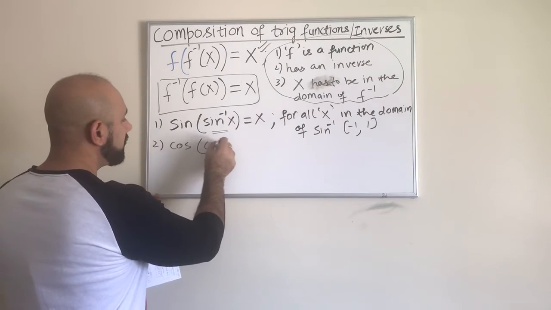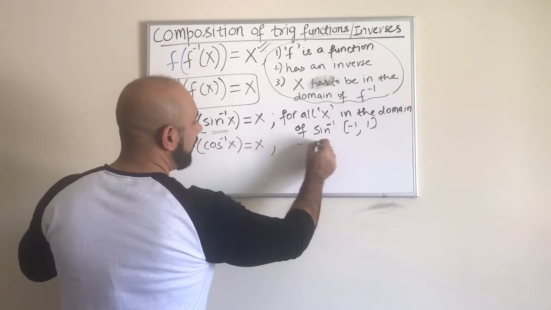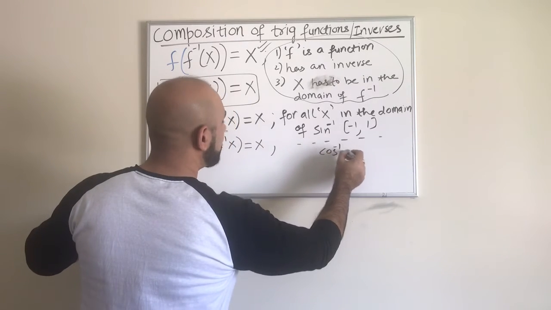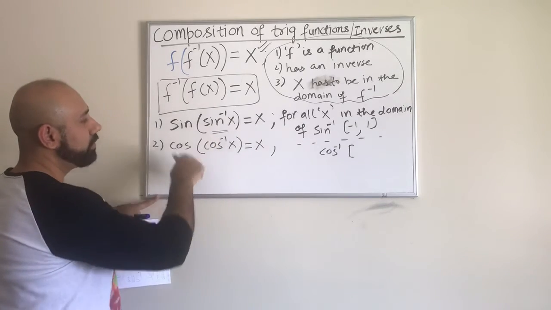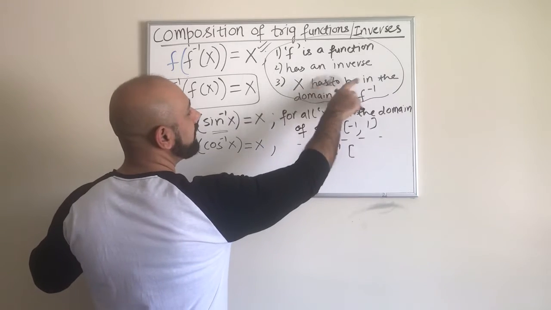The cosine of a cosine inverse is also x, and the same thing holds for x in all cases. In this case, it has to be in the domain of the cosine inverse. Again, the domain of the cosine inverse, because it's the cosine inverse here. Here we had sine inverse, so that's why I have a sine inverse here, because you have to be consistent. X has to be in the domain of